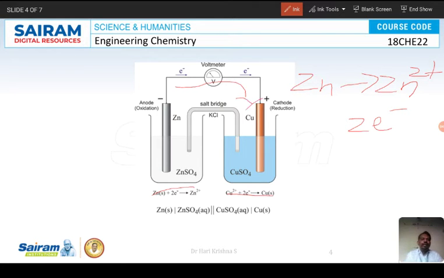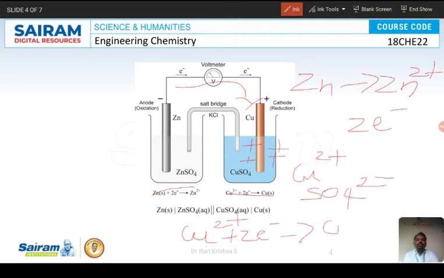At the cathode, the CuSO4 present will be in the form of Cu2+ and SO4 2-, so the positive charges will be near the cathode. As soon as the electrons come over there, Cu2+ will accept the electrons and get reduced. Cu2+ will accept two electrons